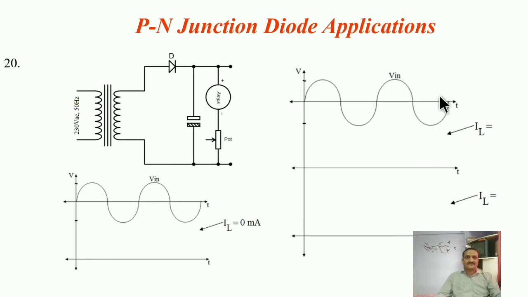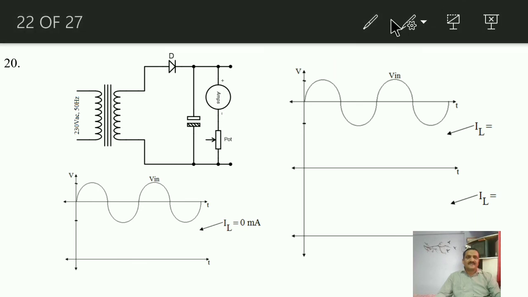Now the next one. This is nothing but again a half wave rectifier with filter. So instead of a pulsating DC, the capacitor will get charged up. If no load is there, that means if IL equals 0, that means this load is disconnected, then during the first positive half, the diode will conduct, the capacitor will get charged, and the charge on that capacitor will get retained.